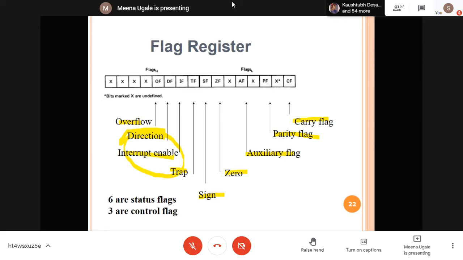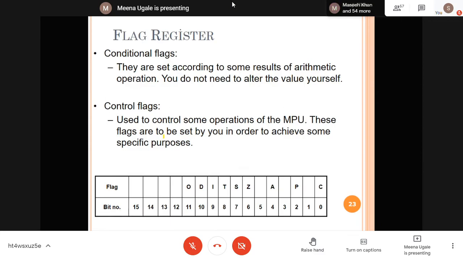Control flag bits are going to control some operations of the 8086. Whereas the remaining 6, carry, parity, auxiliary flag, zero, sign, and overflow, are just going to indicate the status of the previously executed operation. What is the meaning of that? We will see now.